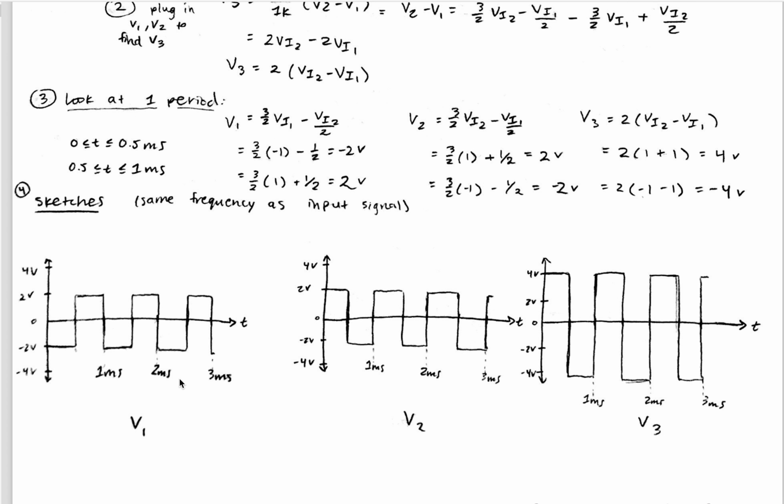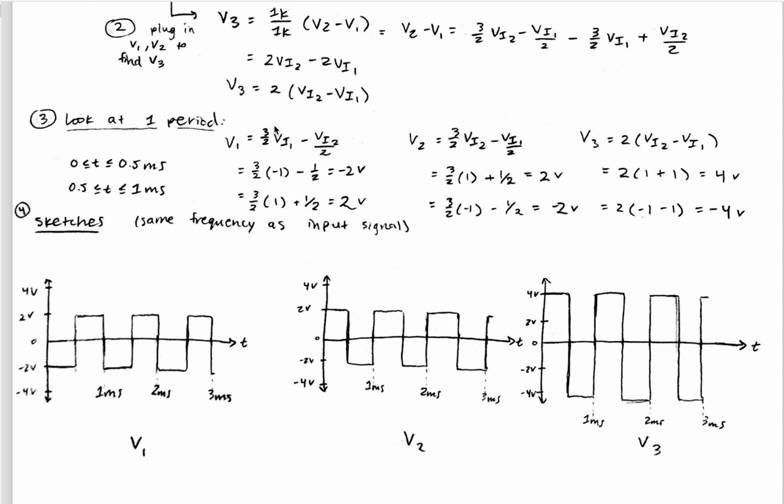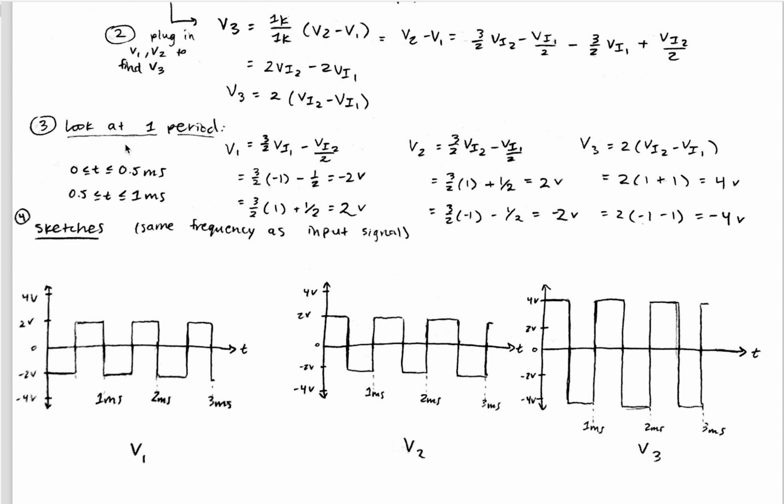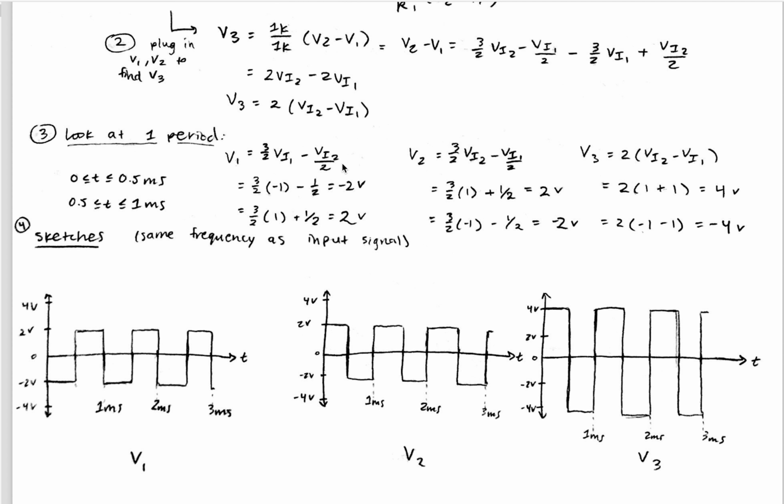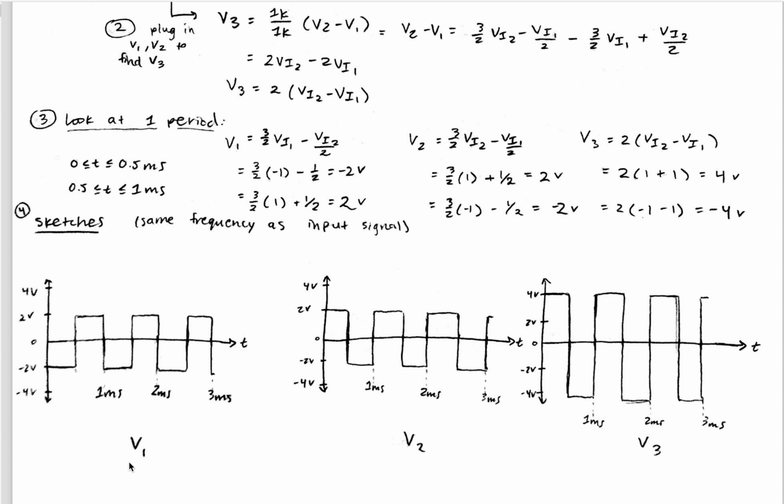And so we can plug those in and look at just a single period and split it up from 0 seconds and 0.5 to 1 milliseconds because that's when it switches in voltage values. And so here we can plug these values into the equations that we found, and what we get is V1 and V2 are square waves with maximum values of 2 volts and negative 2 volts and are opposite of each other. And V3